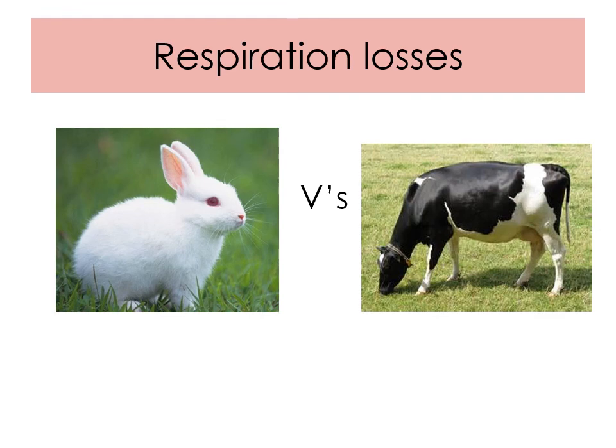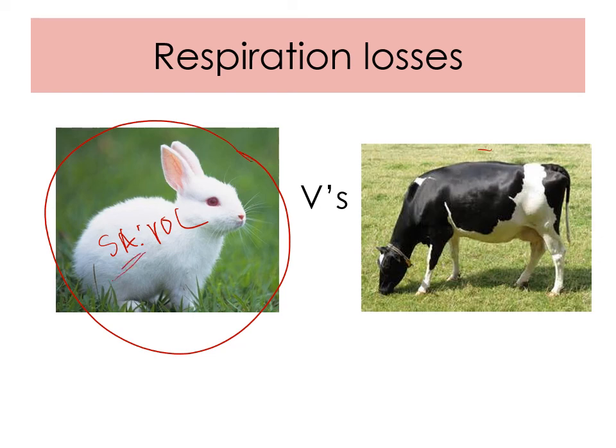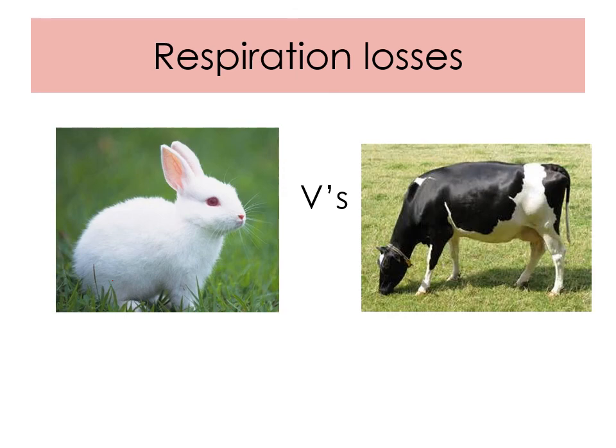So if we were comparing these two here, this one would have a much higher respiratory demand because it's smaller and so has a larger surface area to volume ratio than this one over here. So the rabbit would have a higher respiratory demand because she's losing lots more heat across her surface, because it's larger in comparison to her volume. So that's the kind of thing that they might stick into a question just to make you think a little bit more. Now these are both herbivores, remember, so they've both got that kind of loss.